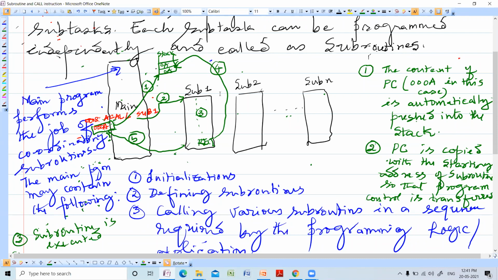That ACALL instruction is situated at 0008. The current content of the program counter is 000A. How did I get 000A?